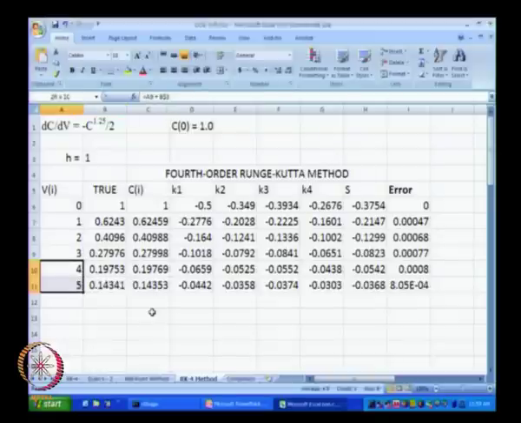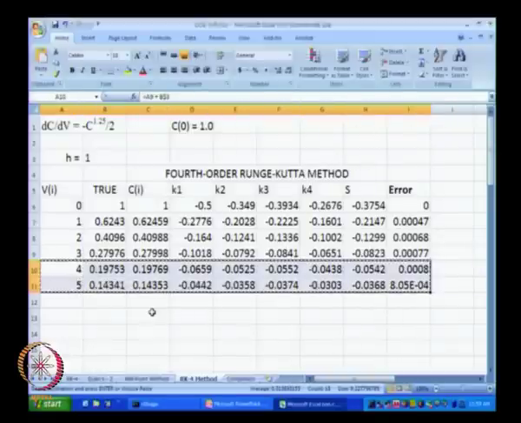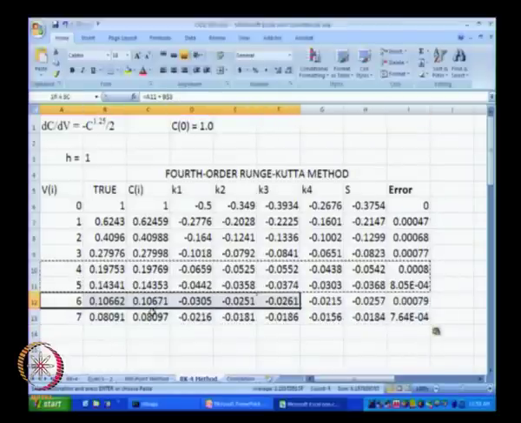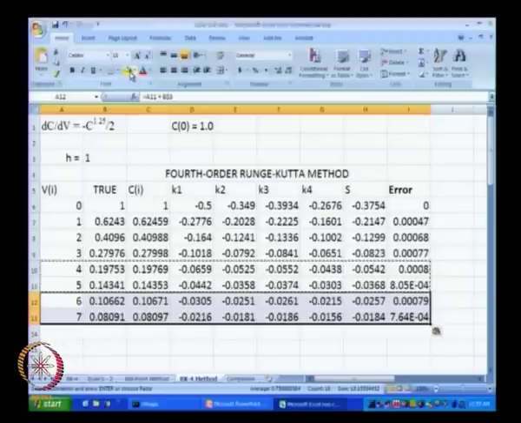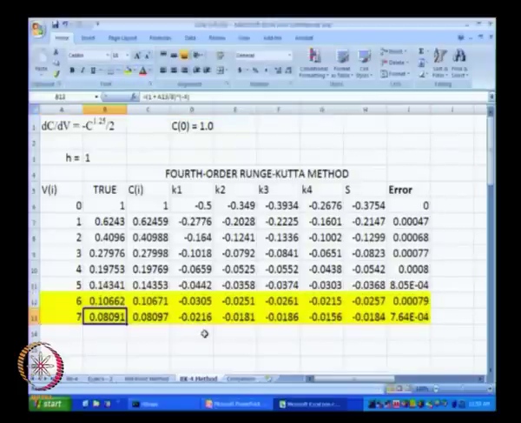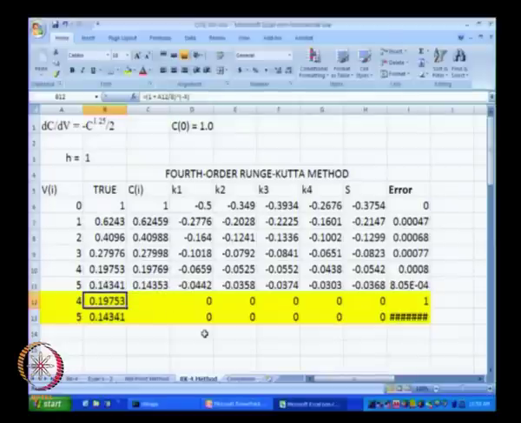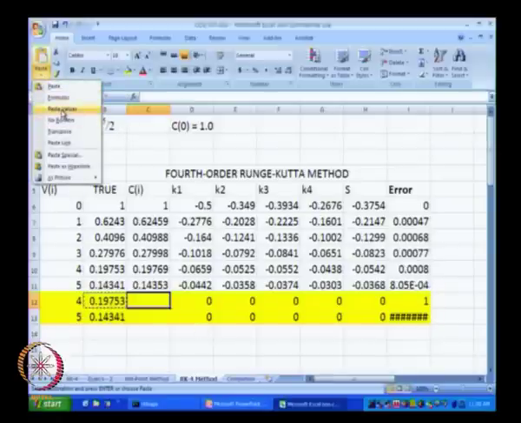Okay. So now I am going to take these 2 rows and paste them over here, and I will restart them. I will color them with a different color, so we are able to see how these are going to be different. I will fill them with a yellow color, and I will redo these calculations for v equal to 4 and 5, and instead of using the approximate value over here, I am going to use the true value of Ci plus 1 that we get.